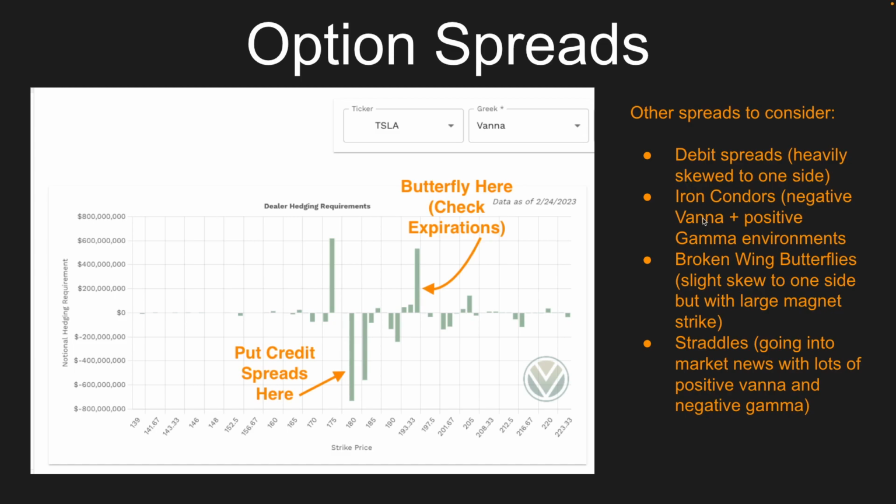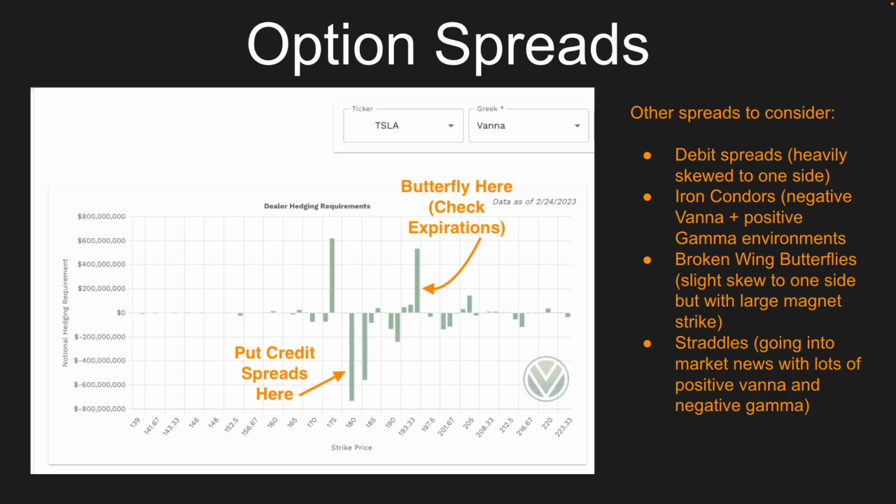One of my favorites, if you are just surrounded by negative Vanna on both sides and positive gamma, which causes dealers to hinder moves up and down. So right now we're in an environment where we're all positive Vanna and negative gamma, and dealers are assisting moves in that region, causing a lot of volatility. We don't want to do iron condors, but when it's the opposite, where it's choppy price action, there's not large swings back and forth, we can do iron condors and base that off of our negative Vanna strikes and our positive gamma strikes. You're basically doing credit spreads on both sides, and feel confident that price isn't really going to break